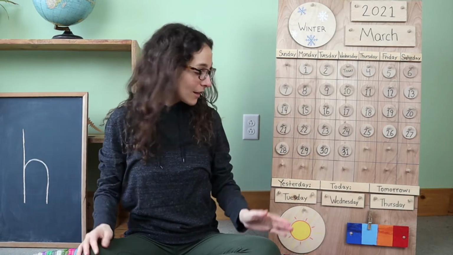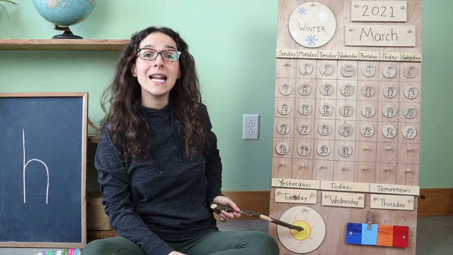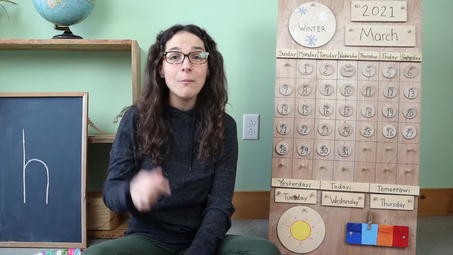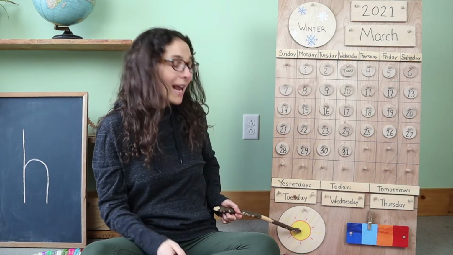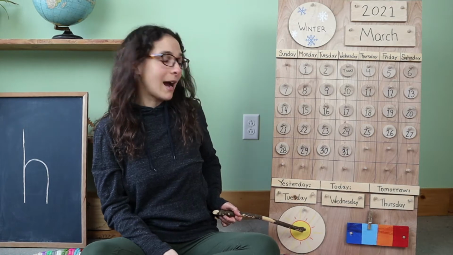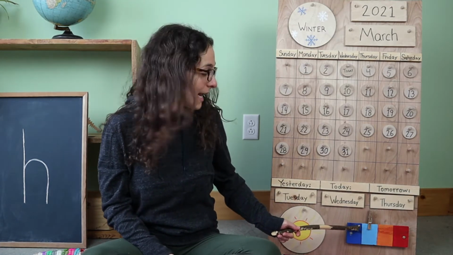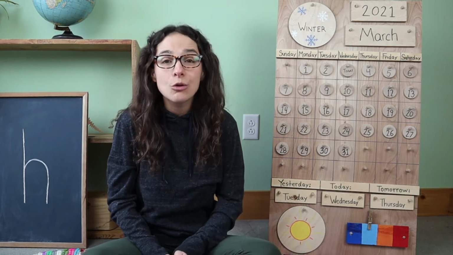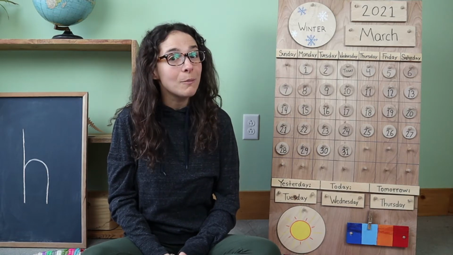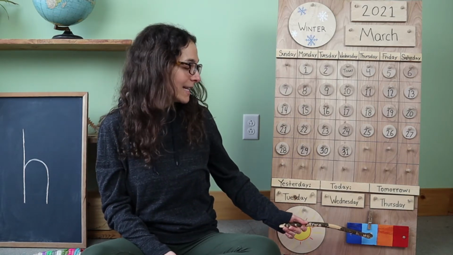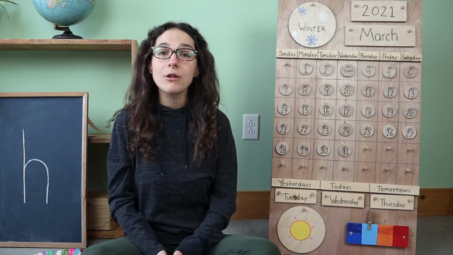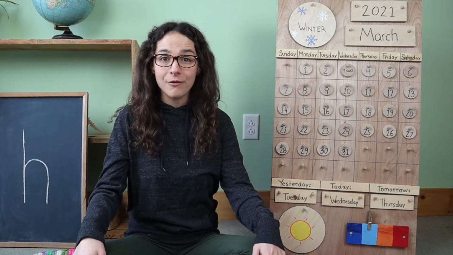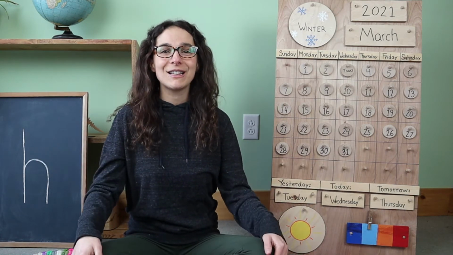Friends, do you see my picture right here? It's a picture of the sun shining. For the past few days, the sun was poking out behind the clouds, and look at today. It's finally a beautiful sunny day where I live. And my temperature chart isn't on dark blue, it's on light blue today because it's cooler where I live. The temperature is a little bit warmer. It's not cold today. Instead, it's cool. What's the weather like where you live, friends? Is the temperature starting to warm up where you live? Thanks for sharing the weather with me.